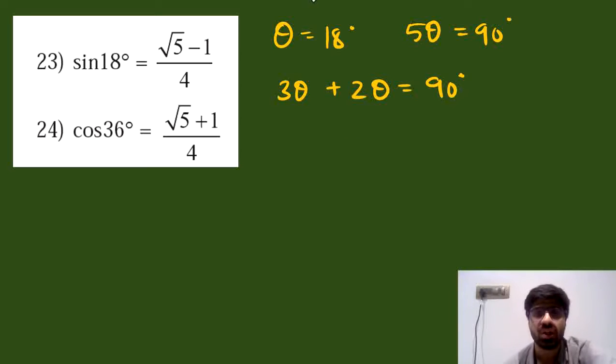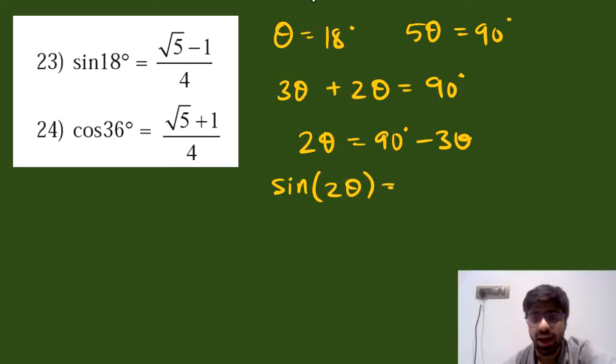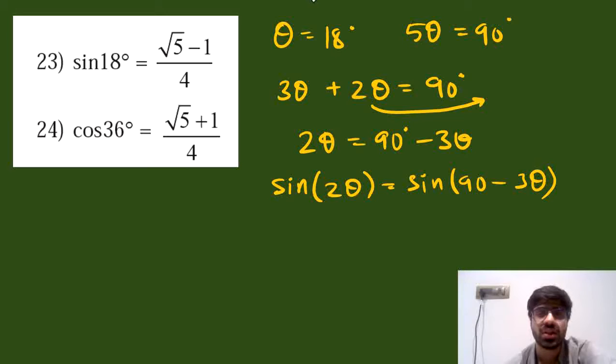But there's one thing you need to be careful about while you are going ahead with this derivation. 2 theta is what, 90 minus 3 theta is going to be. Now, you need to ensure that you bring a sine 2 theta. So I will be taking a sine on both the sides. So we have sine 2 theta as sine of 90 minus 3 theta. If you are taking 2 theta on the right, make sure to see that you are taking a cos on both the sides. Ultimately, you have to bring a sine 2 theta expression for yourself.